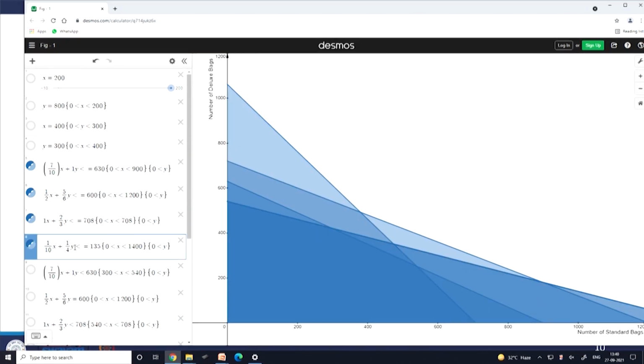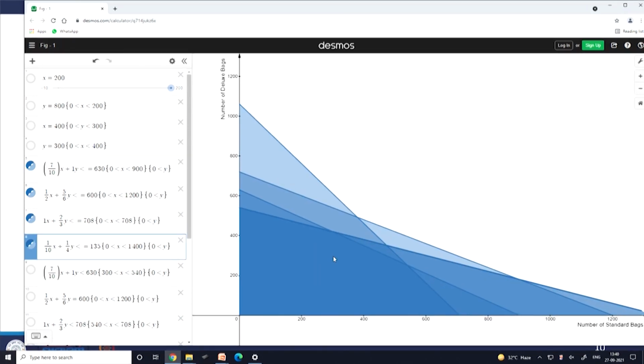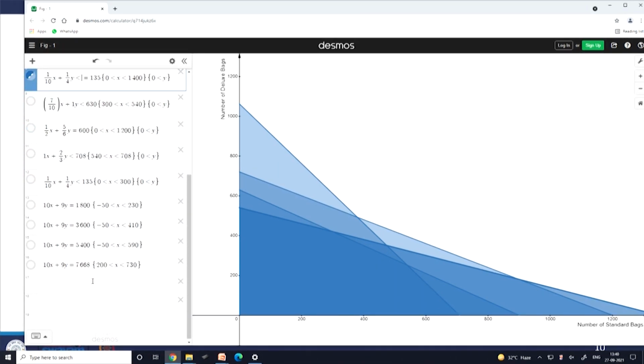So, now we got the common region. What is the common region? This point, this point, this point and this point, the common region. This is also the same thing which I have done. So, once we know the feasible region, the feasible region is this region, the dark blue side.